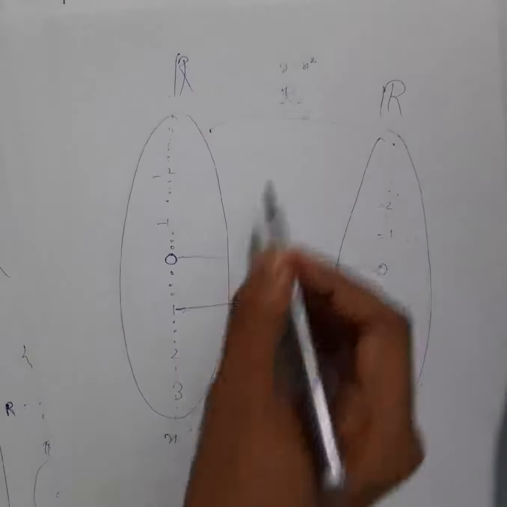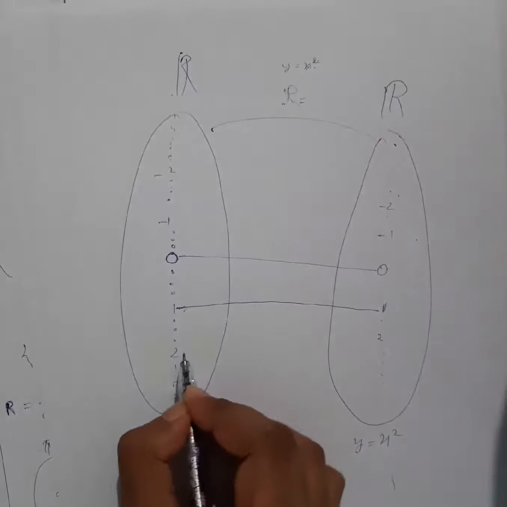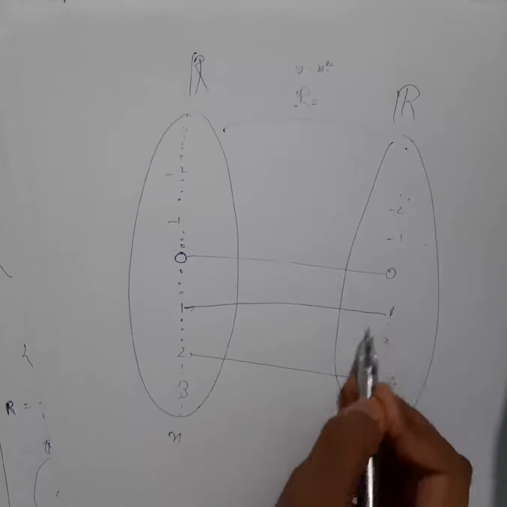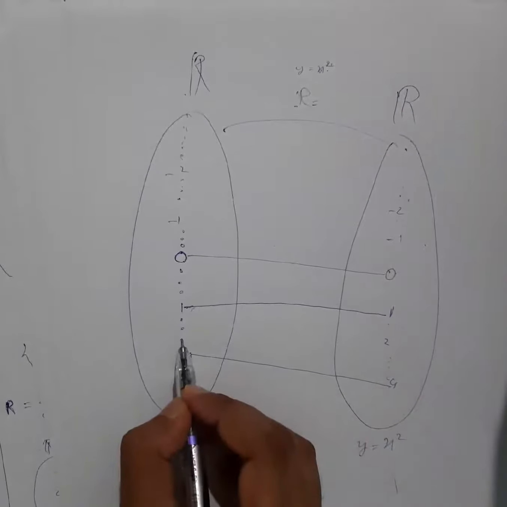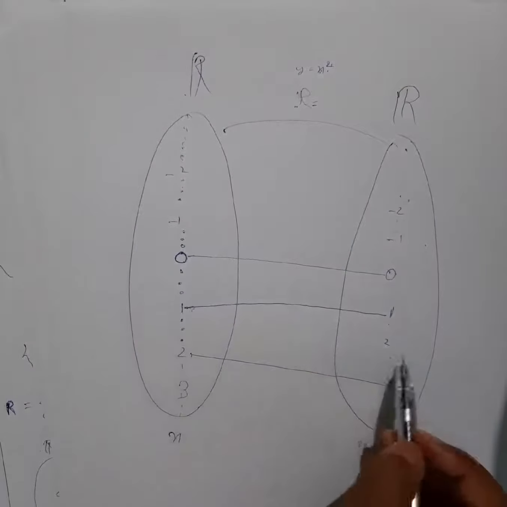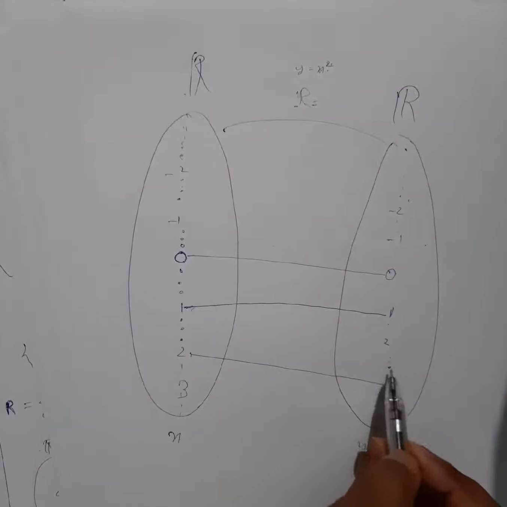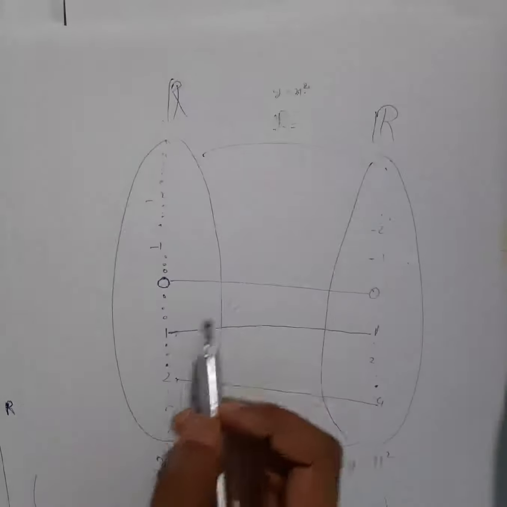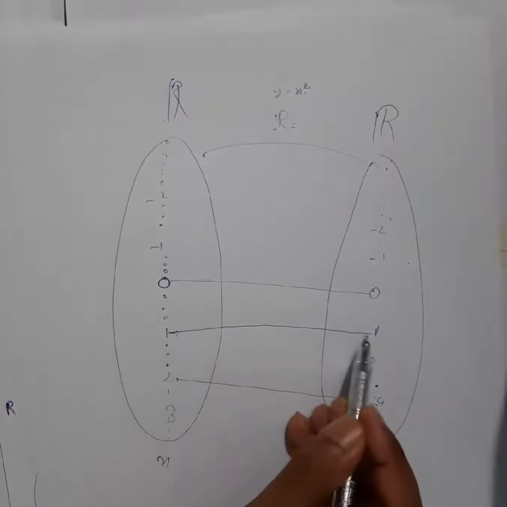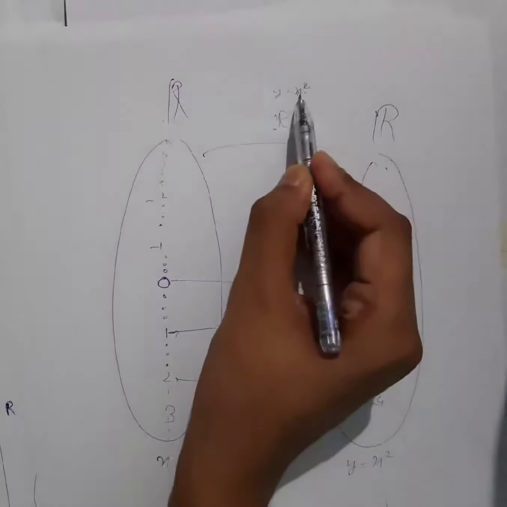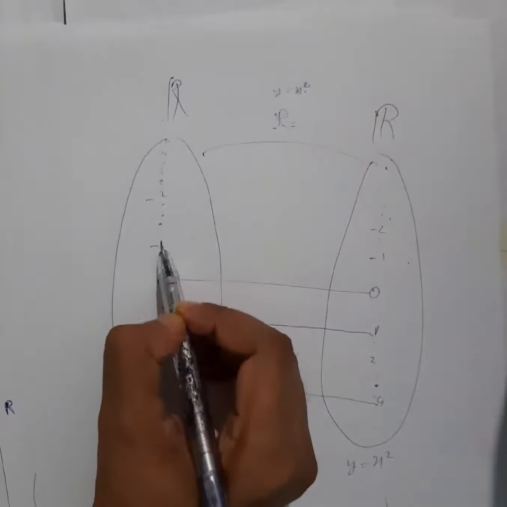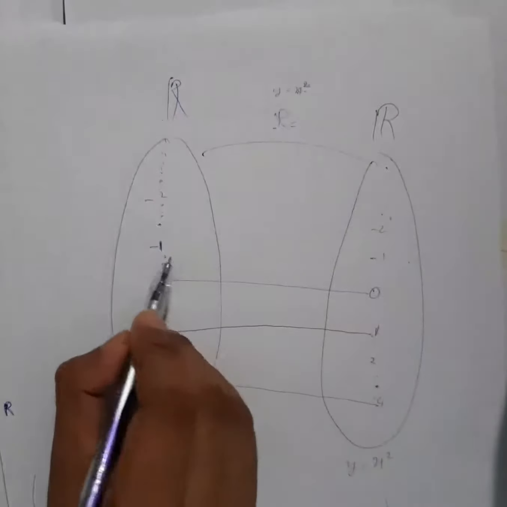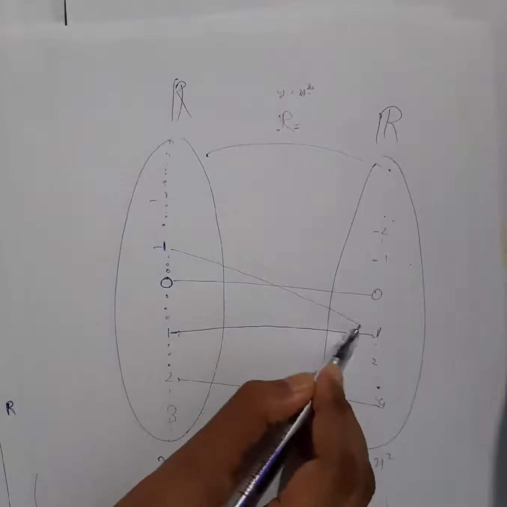What about 2? If I take 2 here, 2 square is 4. Now don't think that this is not an image. If I take here 1.9, then you will get an image between 2 and 4. Here you will get an image. Forget about that one. What I'm trying to explain, see here. Now 1's image is 1 only, right? Now if I take minus 1, what is the image of minus 1? If I take minus 1, square will be what? It will be again 1, right?